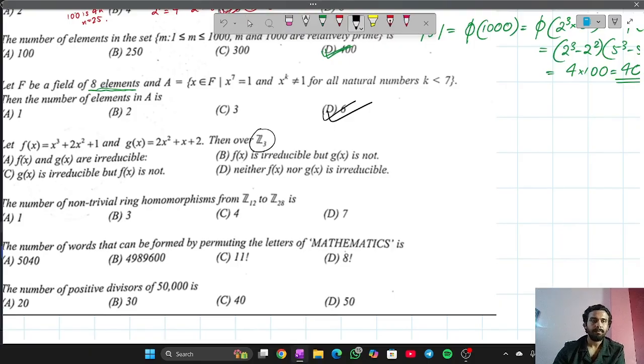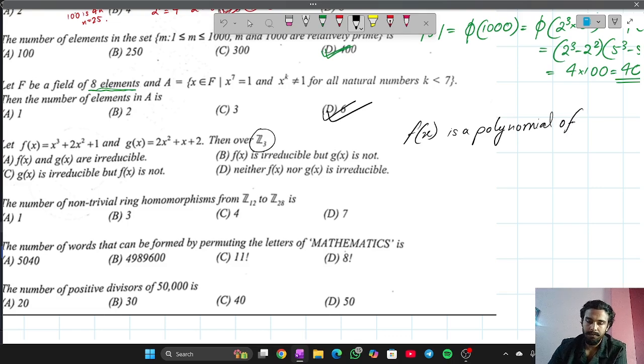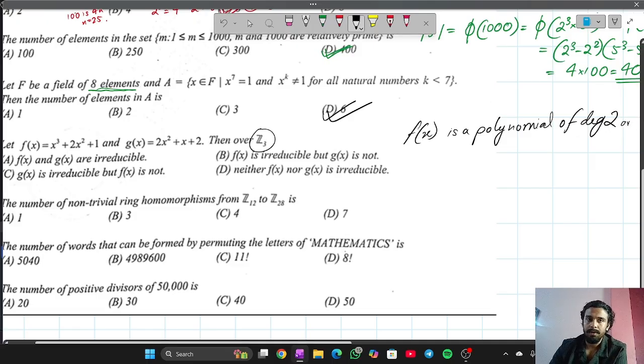Now if you see f(x), as it is given, it is a polynomial of degree 2 or 3 over R. Okay, so now this statement is that if f(x) is a polynomial of degree 2,